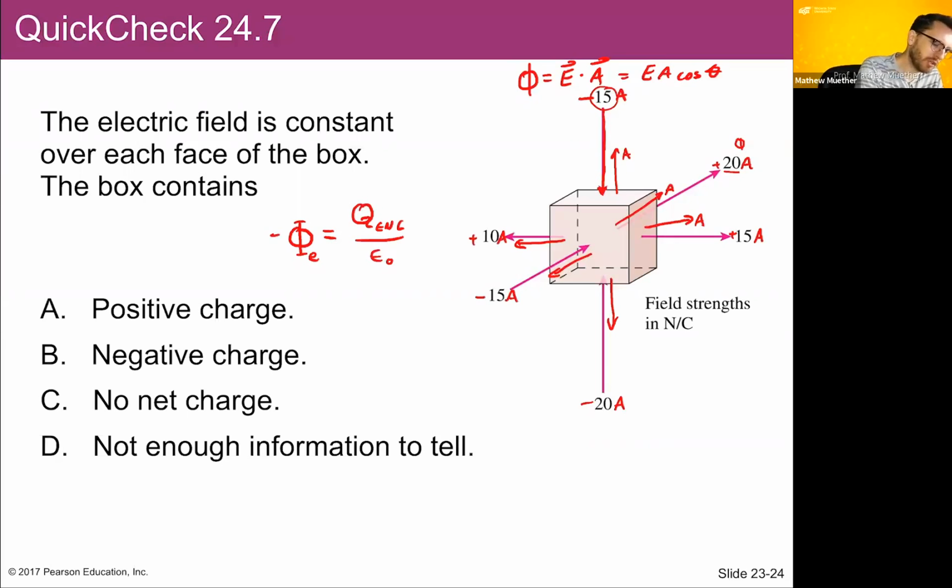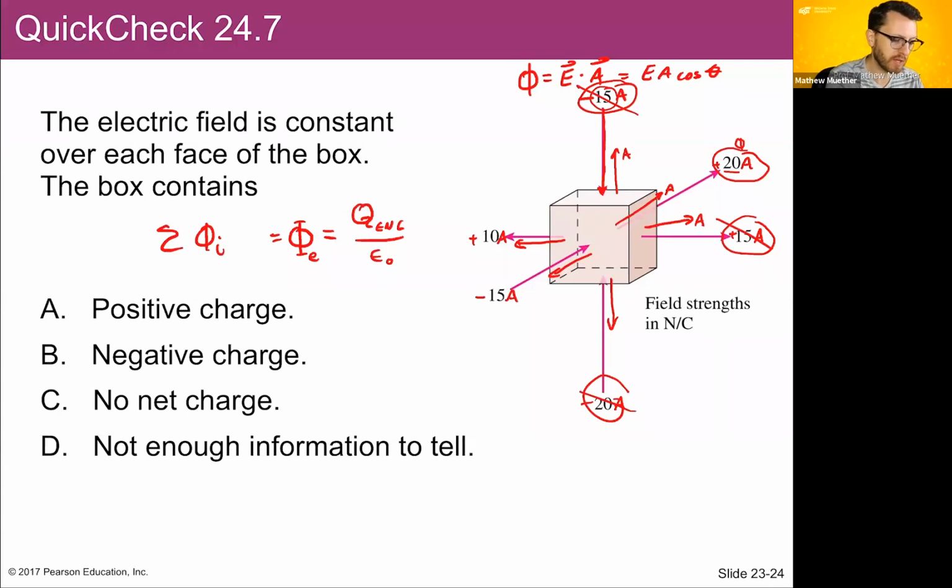And then if I want the total flux, what am I going to do? I'm just going to sum all of those individual fluxes through each of the faces here. So here I can see I have a positive 15 and a negative 15. Those just cancel each other out. Here I see I have a positive 20 and a negative 20. Those fluxes will cancel each other out. And here I can see I have a positive 10 and a negative 15. So I end up with a net flux here of something like -5 newtons per coulomb times whatever the area